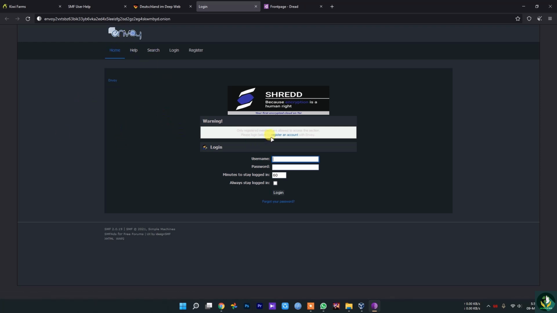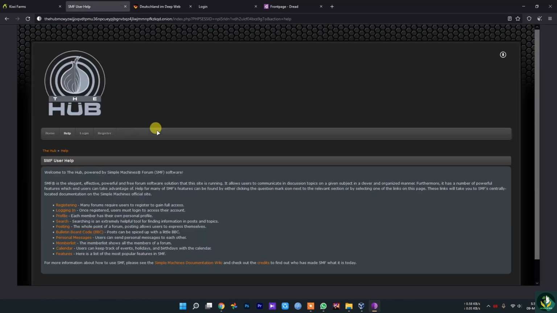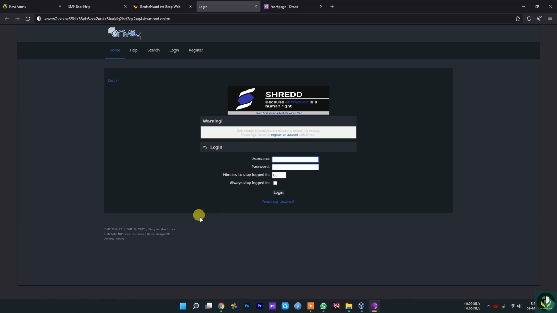Most of the forums or threads or social network sites are restricted because you have to be a member and register to view or post other people's threads. That's why, as you can see, this one also, all of them are restricted, because you have to be a member to post or read any of the posts.